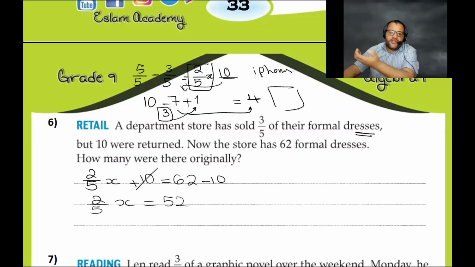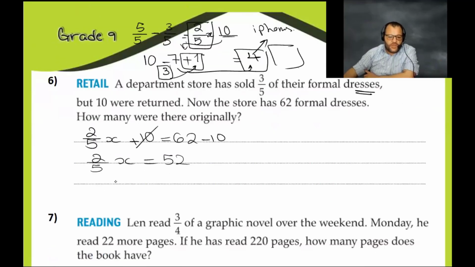Then when you return one back to the store, you add one, is that right? Yes. So I add 10. You understand? Because 10 pieces of dresses are returned back to the store. To make the total number of dresses now, you said that the total number of pieces of iPhone now is 4. So the total number of pieces now was 62. So now we need to solve. So X will be, now by multiplying by 5/2. So the answer now would be,